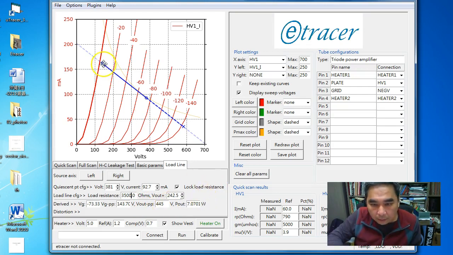Okay, and actually with this load line we can calculate the distortion and the THD based on the data points interpolated, and that's what I will be working on in the next few days. So this is pretty much the user interface for the load line. I think it's quite useful